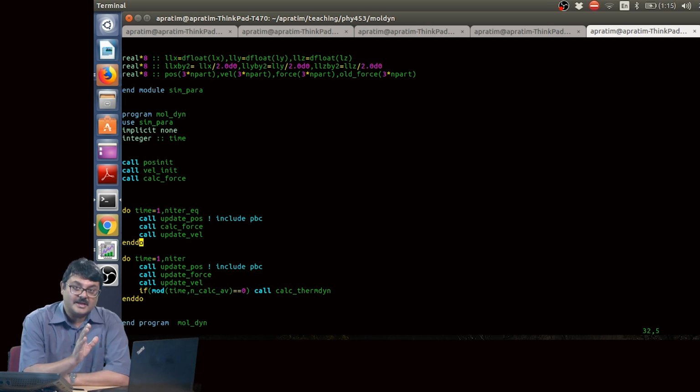And after you are convinced, of course, you have to check whether your system has actually reached equilibrium. Accordingly, you can change your n iter EQ. And after you are convinced that the system has reached equilibrium, you again start your MD step till say n iter, a new number of iterations, which could be 10 to the power 6, 10 to the power 7, depends